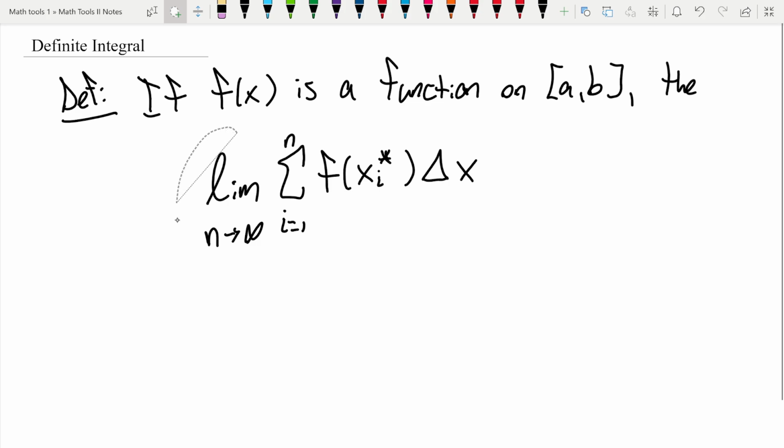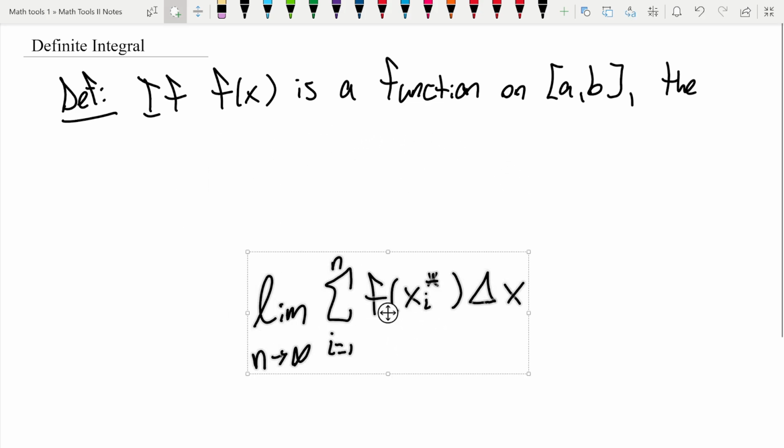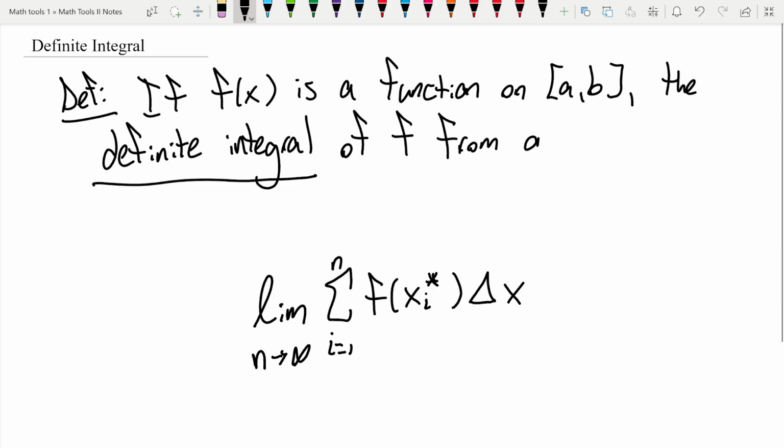Let me move this down here. Let me spread this out, go to a little more room. The definite integral of f from a to b is given by